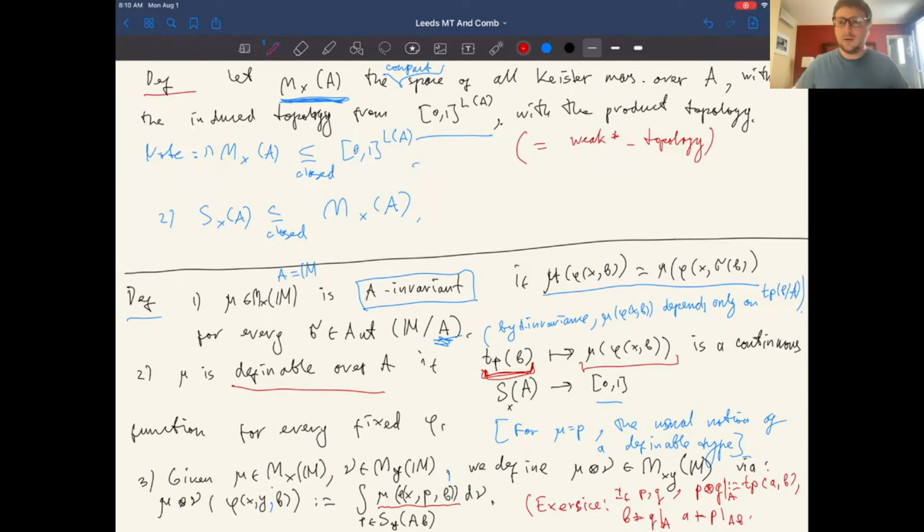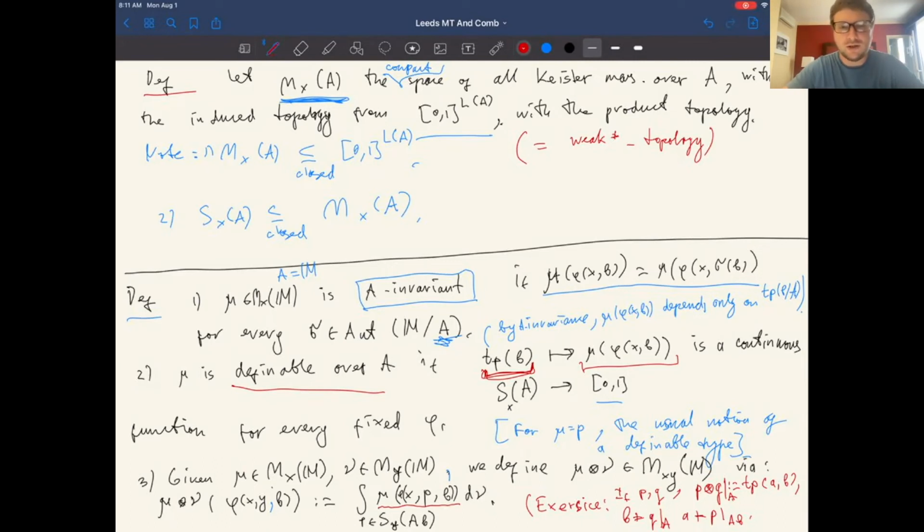So the product here is over this set A. Yes, but to define a global type, the product of two global types is a global type. So here I just wrote it over A, but you can do the same over any set B containing A. And so this defines types over a bigger set of parameters. As a result, it defines a global type. So all of them are compatible. You can just take the union of those.